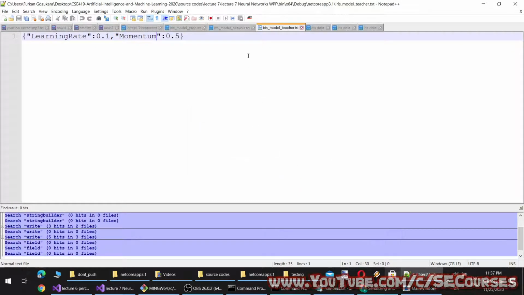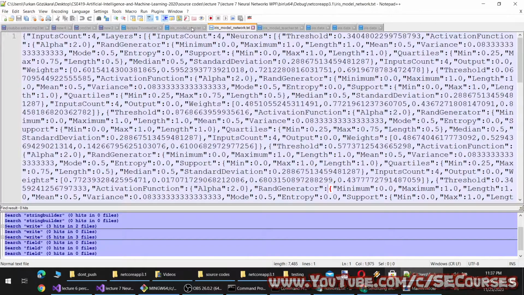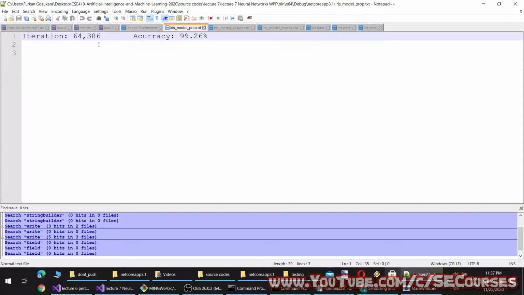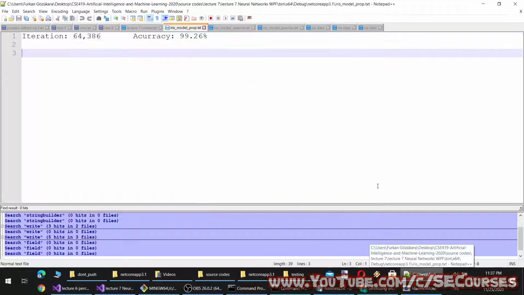Okay, let's see our model accuracy. Okay, so it is 99.26%. It has reached this accuracy at the 64,030 389th iteration.